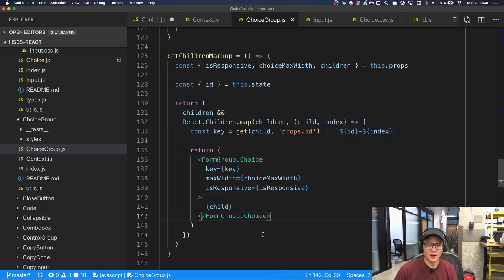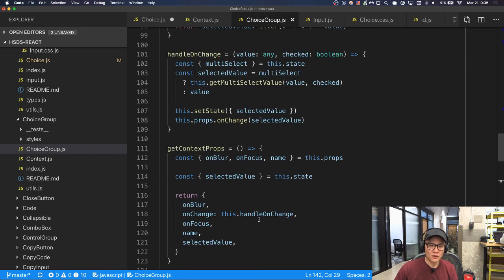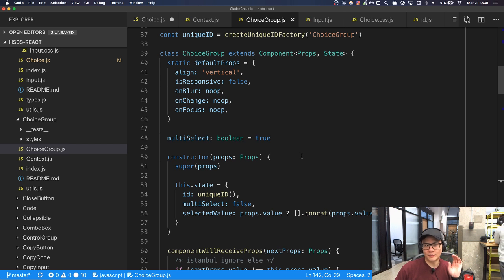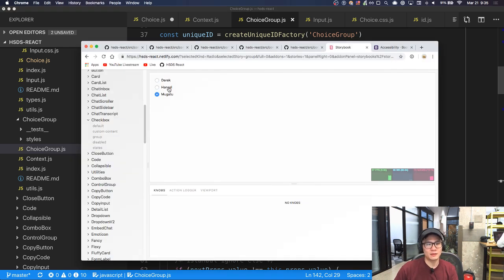So yeah, I would refactor this a bit, but overall, choice group is basically some sort of provider parent controlling mechanism that can manipulate child choice components,